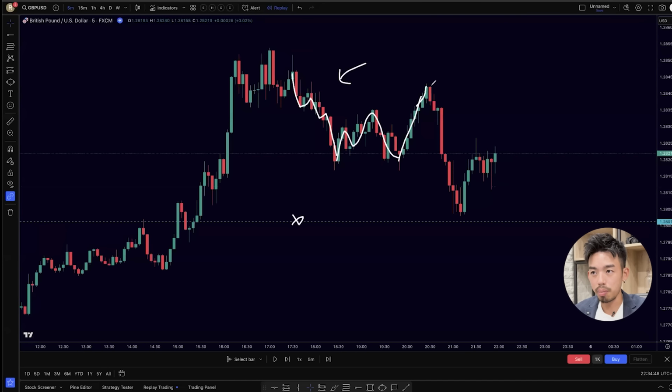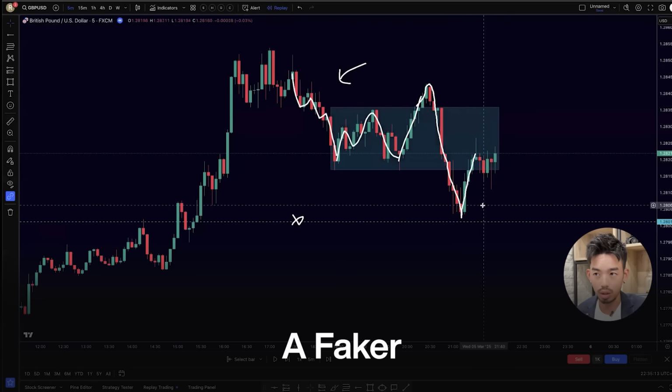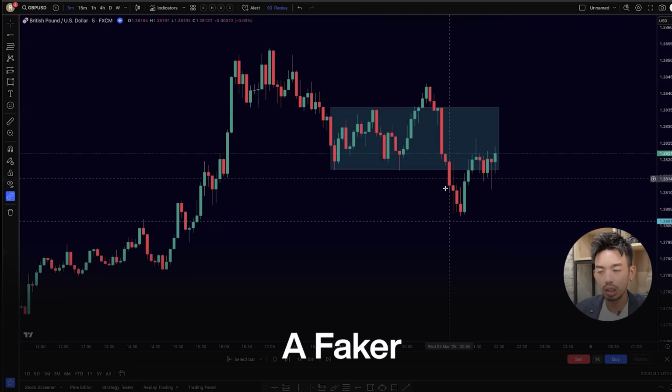We see a move up, we came all the way back down, and then very quickly rejected back up, okay? Here, it's almost like we have a range that just formed: a probe to the upper side, a probe to the lower side, and came right back in. At Urban Forex, we call areas like this a faker. Okay, so assuming that this is a probe,